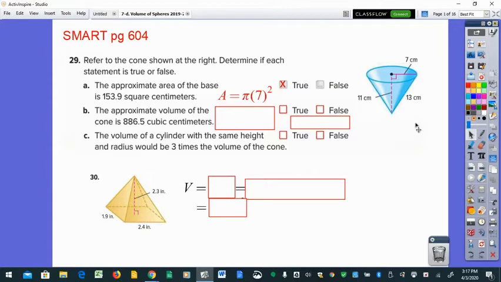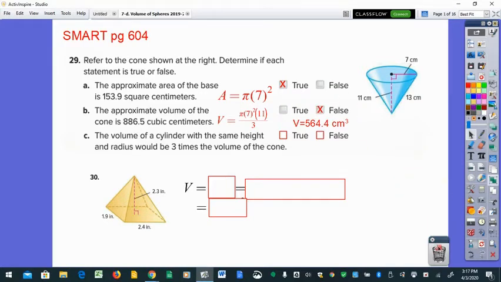Now we want to know about the volume of the cone. So the volume of the cone is going to be that same measurement times the height, and then take a third. So you'll see that pi 7 squared in there. That's the area of the base. Multiply it by the height. If you stopped there, you'd have a cylinder, but when you divide it by 3, you'll get the volume of the cone. And if you do that math, you'll get about 564.4 centimeters cubed, because we're now talking about volume,